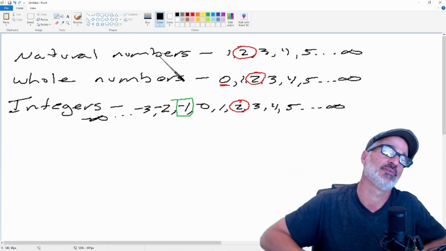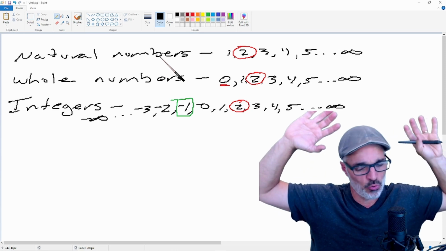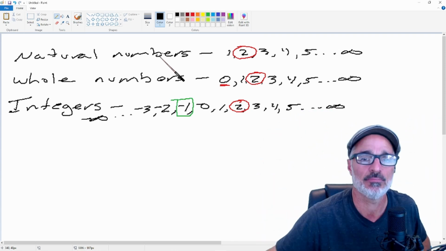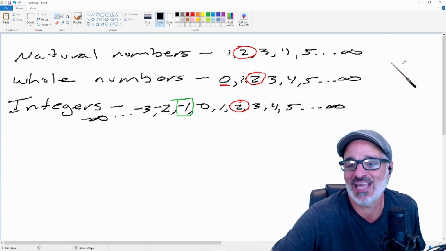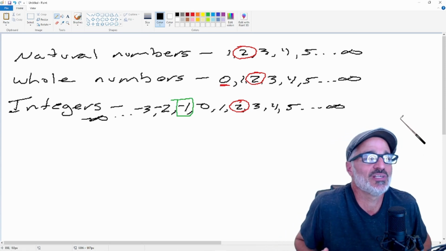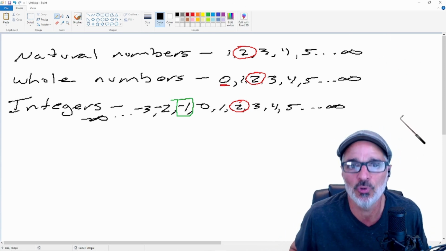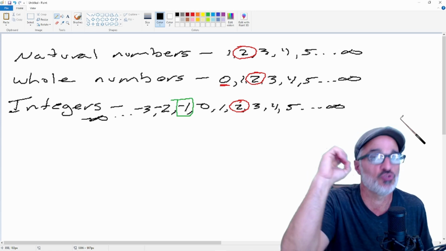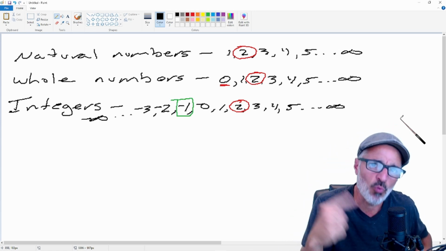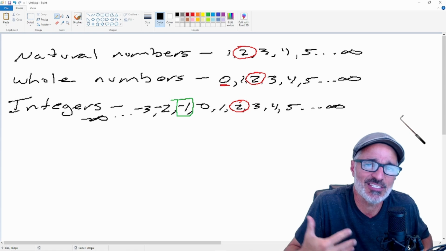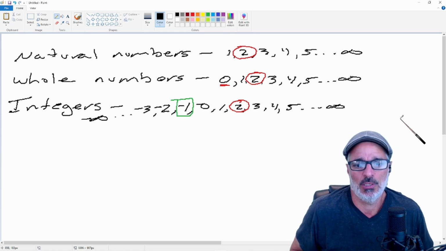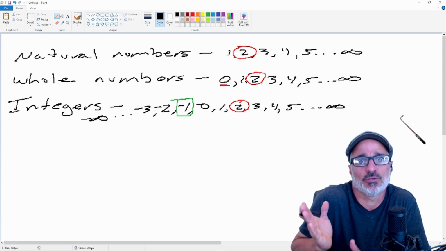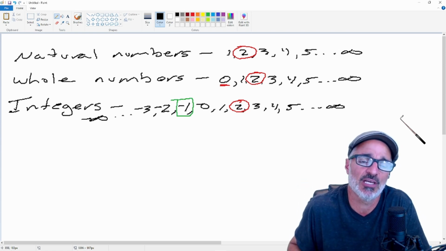And everybody went back and said, whoa, stop. What do you mean one apple? We don't understand. What is half of an apple? We know one apple. We know 0 apples. We know -1 apple because you have less than 0. But half an apple? What are you talking about? And the guy goes like, well, I'm going to take an apple. I'm going to cut it in half and I'm going to give it to him.